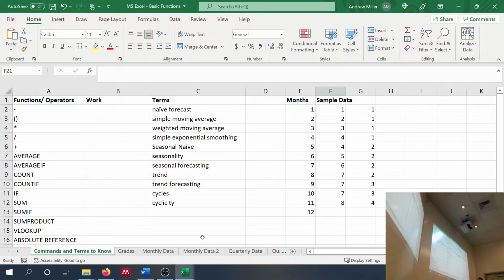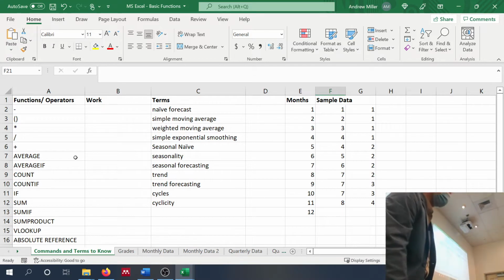Now let me ask you all this. What if I were to ask you for H11? Where am I going to go? So H11 is right here, I think. That's hard to tell, but you get the idea. That's another important thing to know about Excel. It uses a grid and has columns denoted with what? Letters. Rows are denoted with what? Numbers. Exactly right.